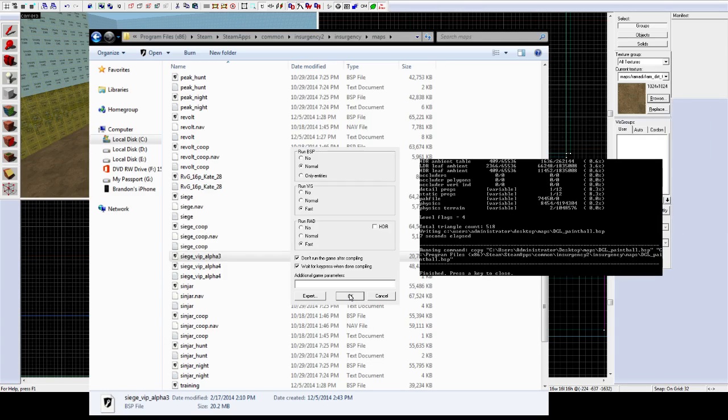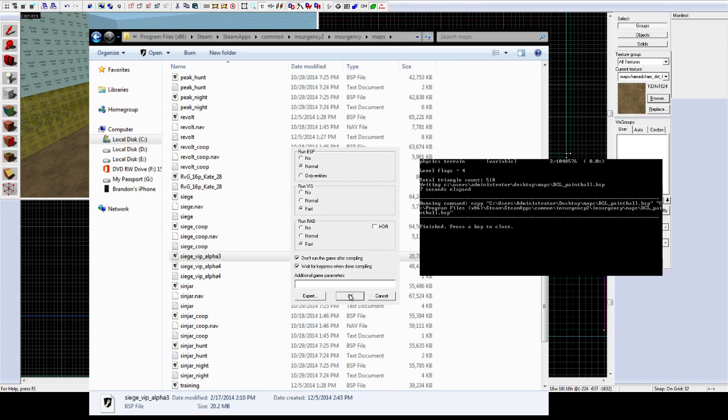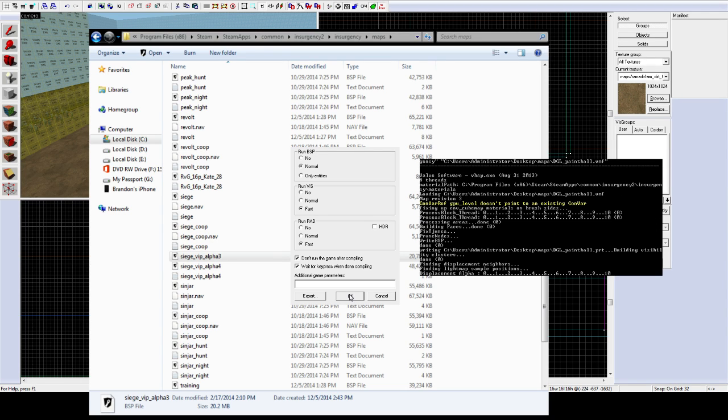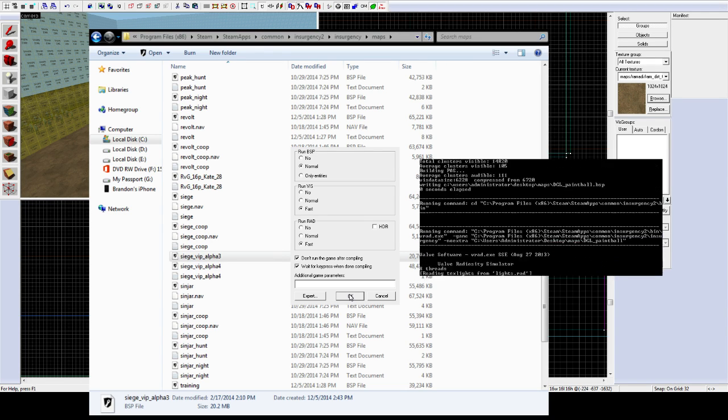Okay. So once you hit Run Map, when you hit OK, this menu will pop up, and you'll see the compiler, and it'll go through and compile everything and put them into a BSP file. That was very